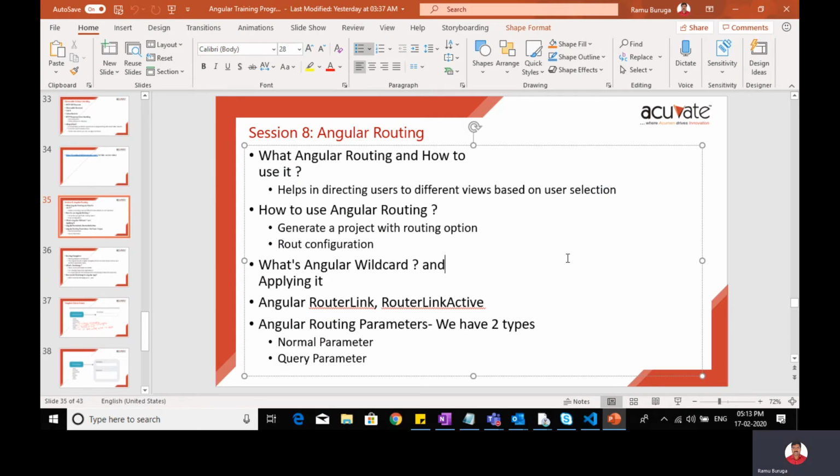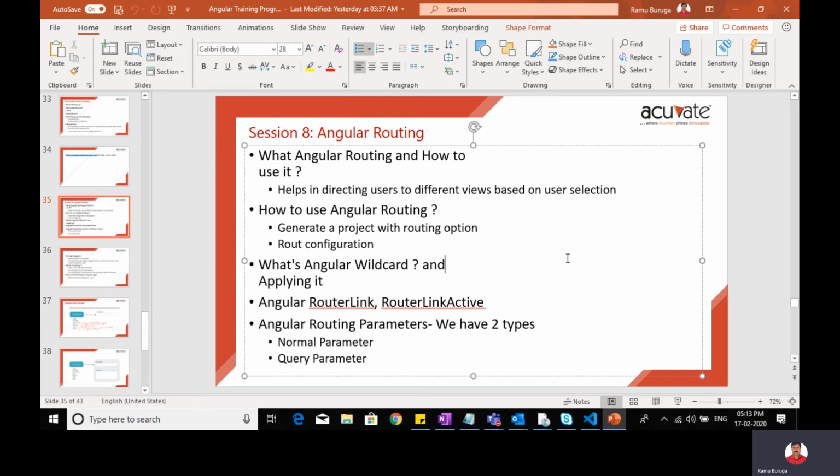Query strings we use, right? And sometimes we would need to call a screen when a button is clicked on a particular form. On clicking that button you have to navigate to the home screen, right? All these actions are called routing, and we can achieve them in Angular too, with the concept called routing.